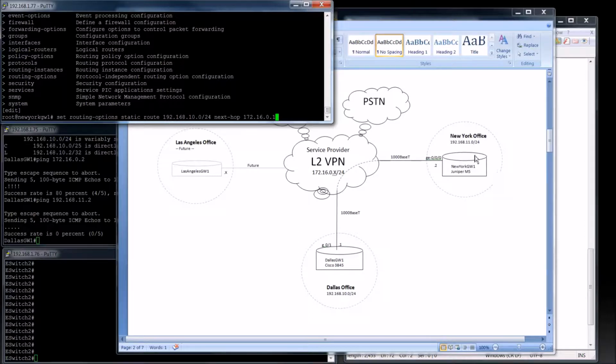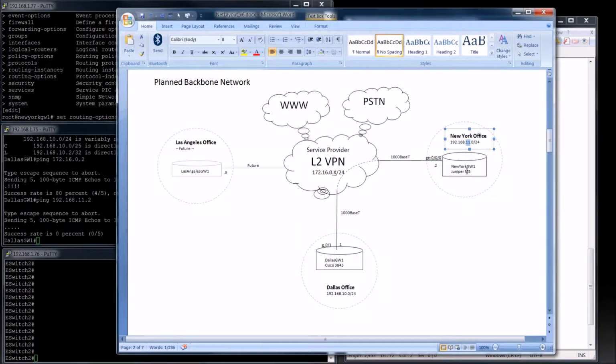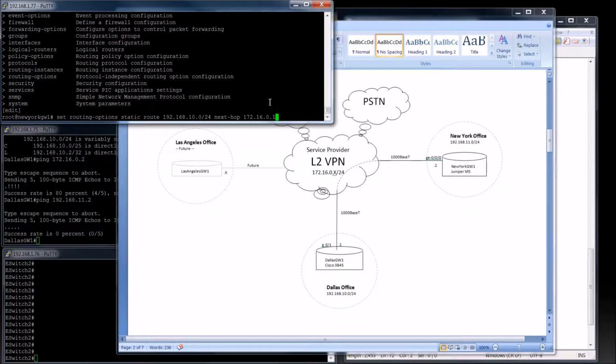And if you're wondering about that, I'm configuring this New York router, and I didn't tell it to use the .2 IP address, and that's because we've got to use the Dallas gateway IP address. If I tried to put .2 in here, he would probably reject it with an error,